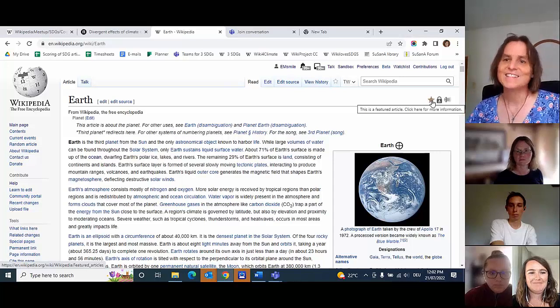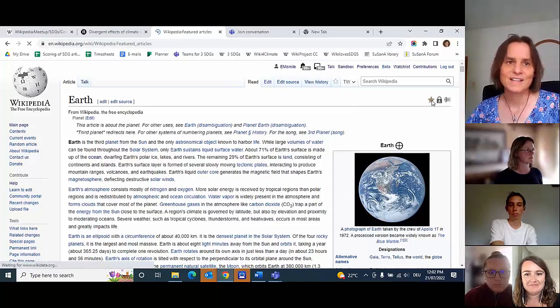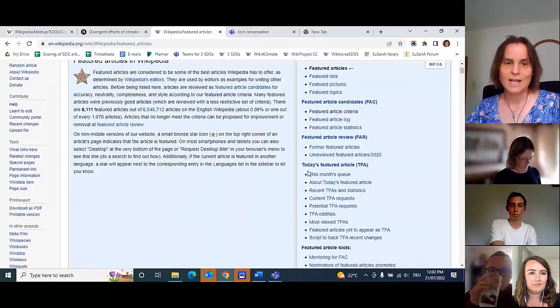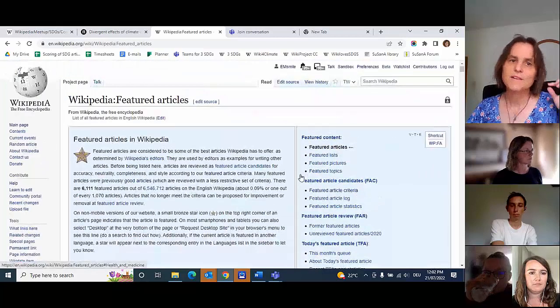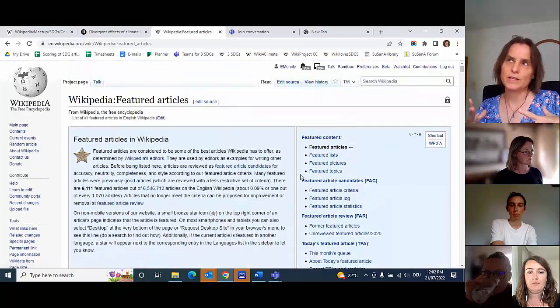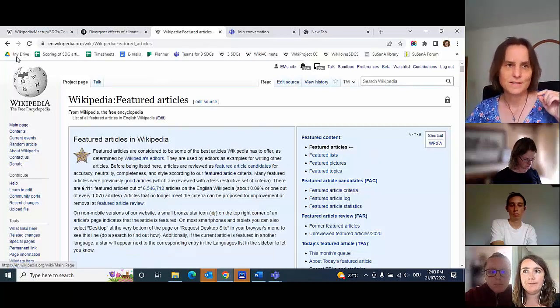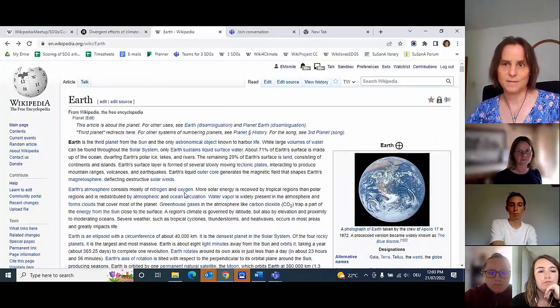good. So when you click on this link, it explains a bit what Wikipedia means with featured articles, and then it gives you examples. So if you're ever working on an article and you're wondering, should I do it like this or like that, it helps to look at featured articles in comparison, because they are the best of the best,